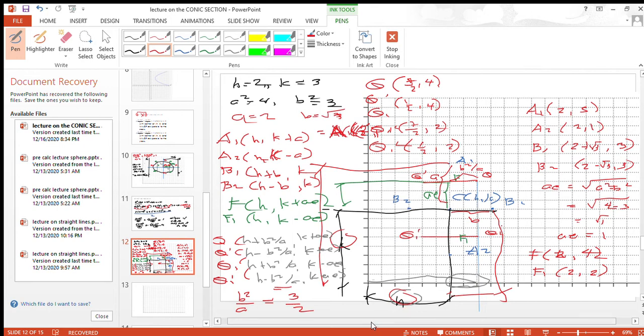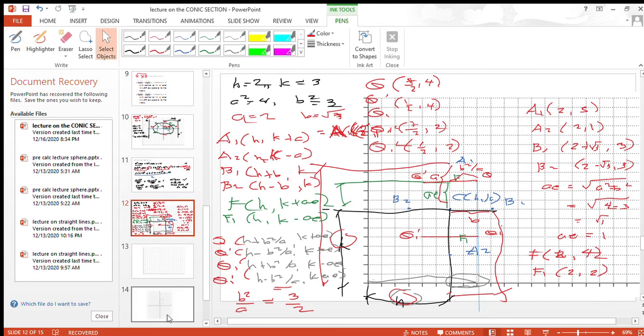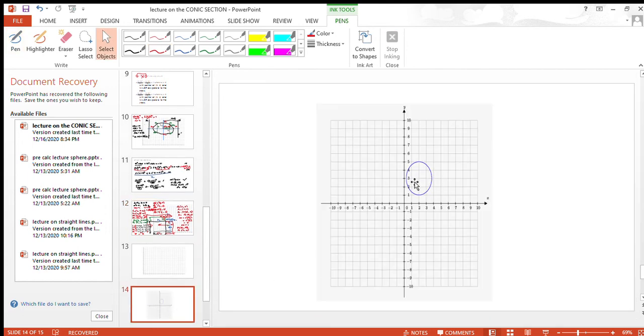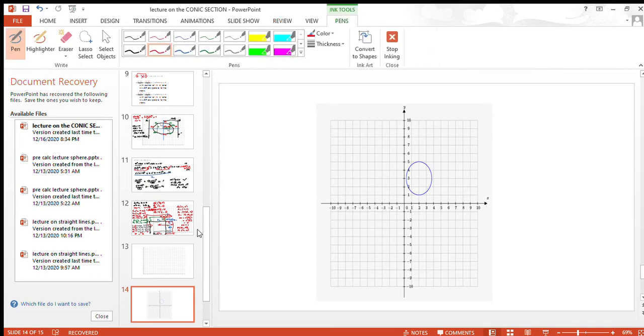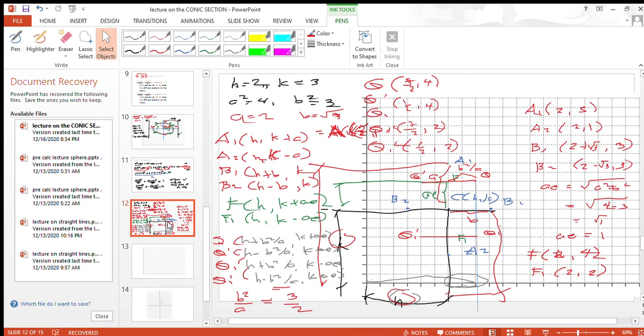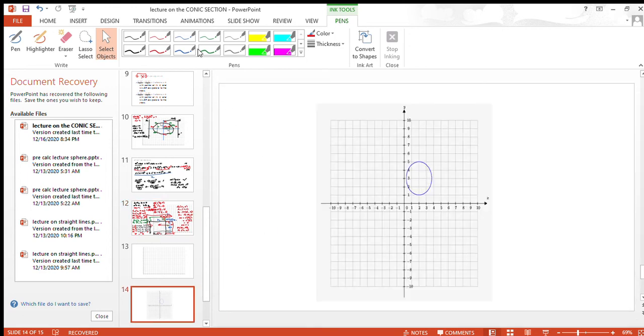So pag plinat nyo yung points na yon, I have already included here the final graph. O ito, palakihin na lang ninyo. So yan, the center, ano ba yung center na nakuha natin? Center is at 2, 3, diba? Tapos 2, 5, 2, 1. Yun is the center, A1, A2,